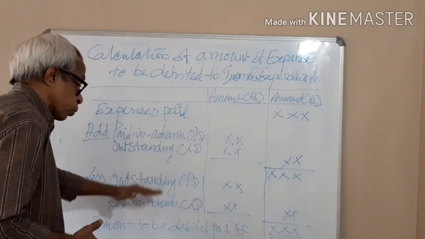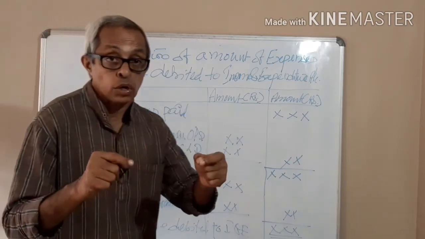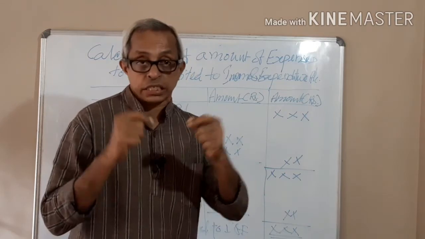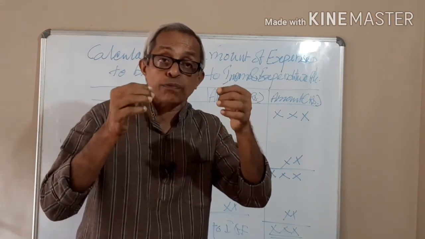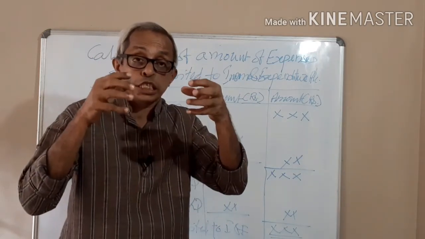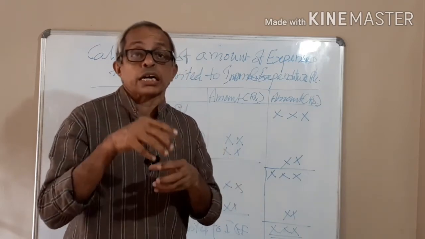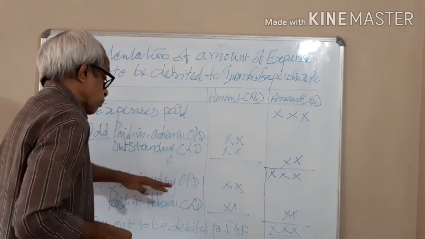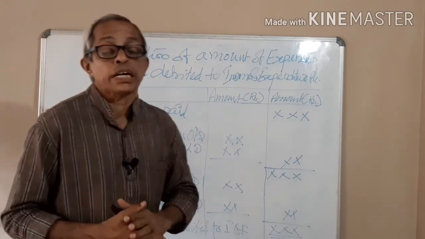And the next 2 items to be deducted: first, outstanding expenses on the opening date. Opening date outstanding expenses might have been paid during the current year. Even though it is paid during the current year, that amount does not belong to the current year. Therefore, that amount should be deducted. And the last item to be deducted is